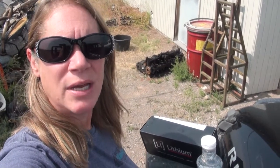Hey everyone, Jeep Momma here, and I'm getting ready to test out a new product. The company Lithium reached out to me because they noticed I was having a hard time maintaining the natural color